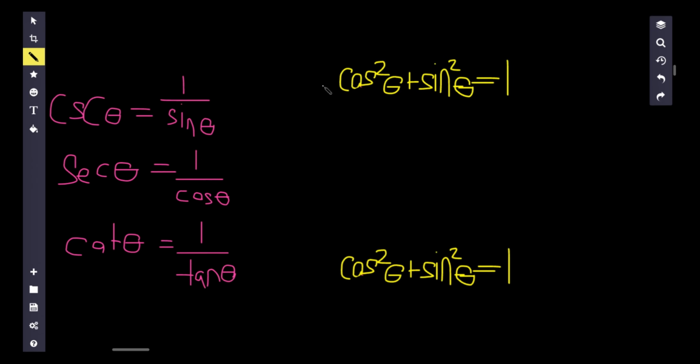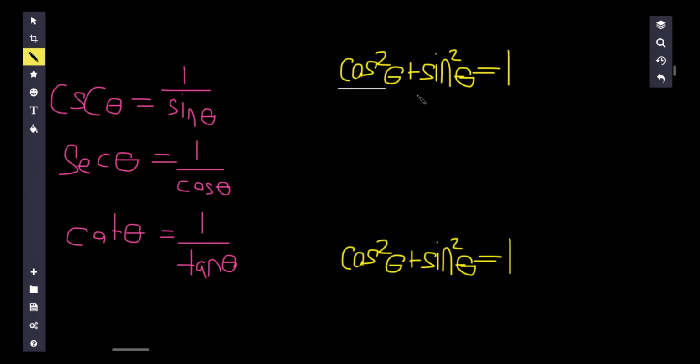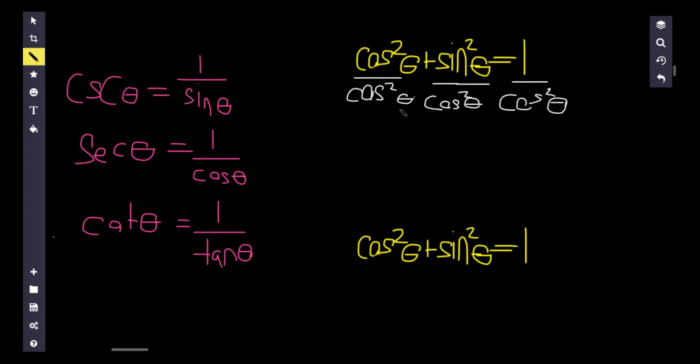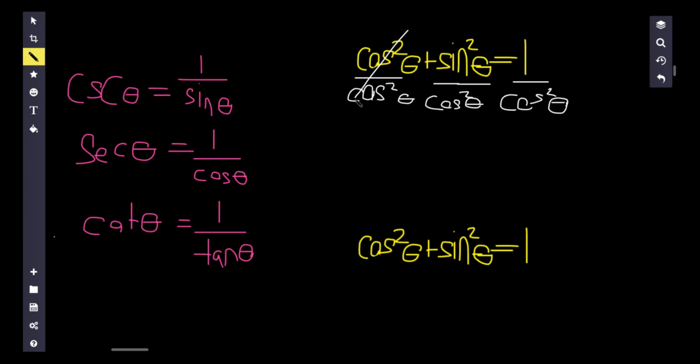So right now we have the Pythagorean trig identity. And what I'm going to do is divide the whole equation. So I'm going to divide basically every single term here by cosine squared theta. Because I'm dividing the left and the right side, they are still equal to each other. So cosine squared theta over cosine squared theta cancels out to be 1. Sine squared theta divided by cosine squared theta, well,